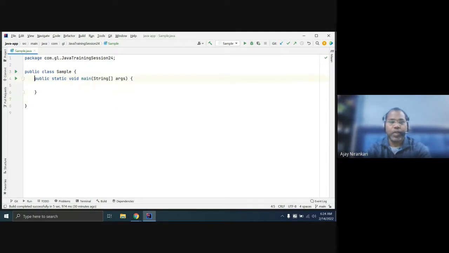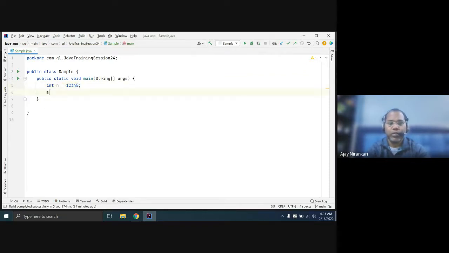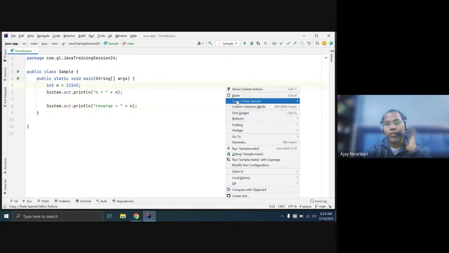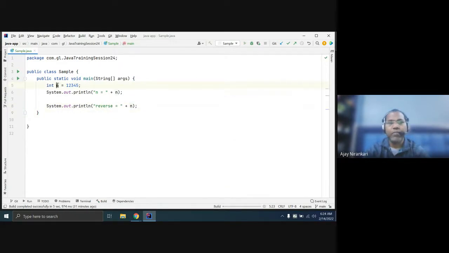Let us say we have one input, any number, and we want to reverse it. If we take any number, how do we reverse it?